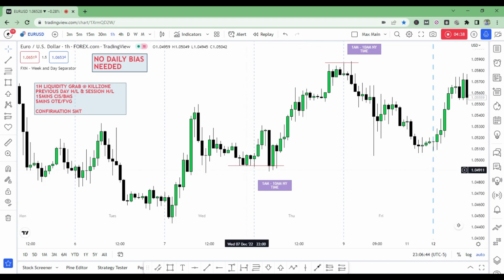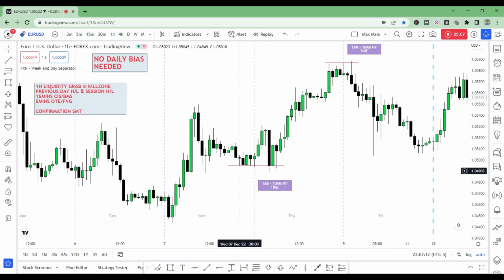Essentially I'll be talking about day trading. When this liquidity is grabbed here, you can see the time is 4 a.m., so we are already during the session. This is the London open session. I've told you that London runs from 2 a.m. to 5 a.m., so we are within the London open session. The liquidity was grabbed at kill zone, so it has to be during that specific time. It was grabbed during the kill zone, and then the market started running away from it.